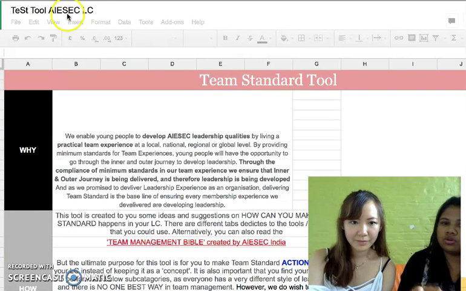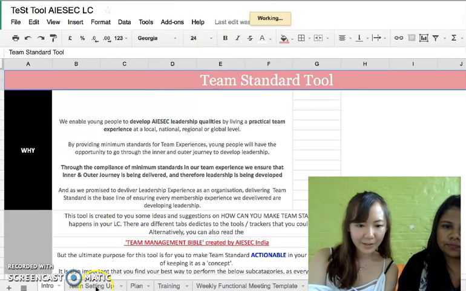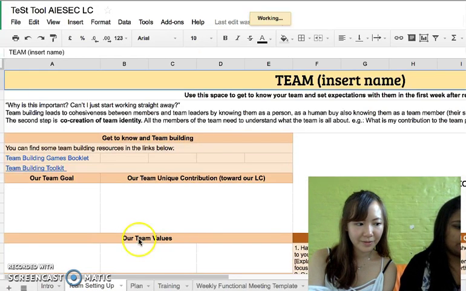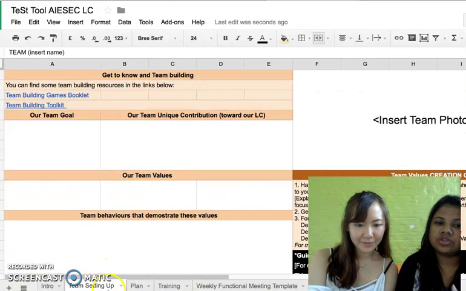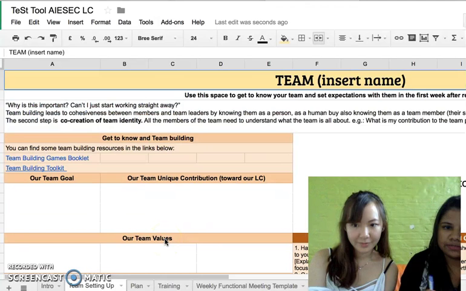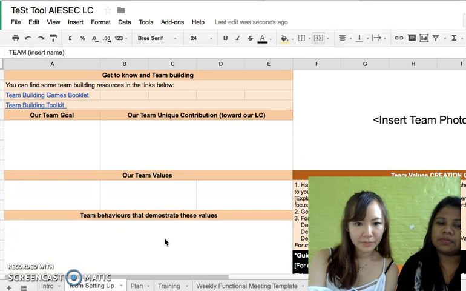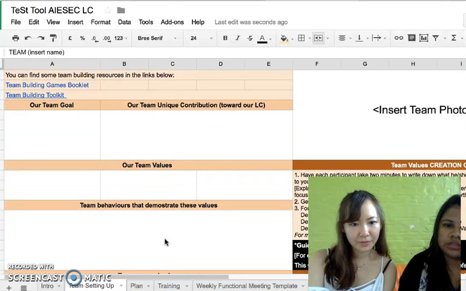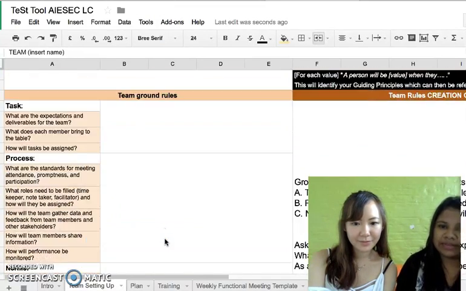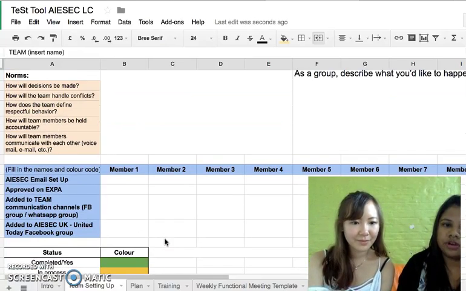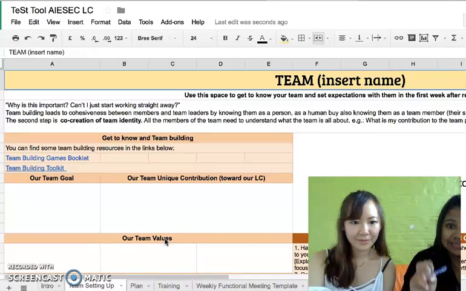I think now we'll go on to show what the different tabs are and how to use them. So the first one is the team, which covers the aspect of team standards. Under this, you will get to fill in things about what your values are, how you're going to bond with your team, what your ground rules are, whether each of your members has an email ID, whether they're approved on XPA, what the communication channels are, everything that relates to working together as a team,